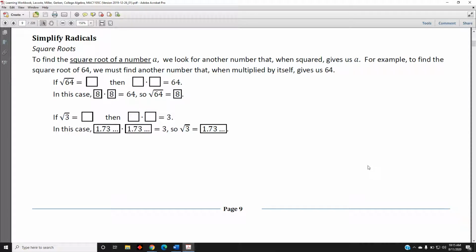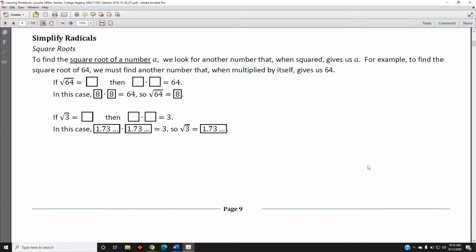The topic of this video is simplifying radicals. Square roots. To find the square root of a number a, we look for another number that, when squared, gives us a. For example, to find the square root of 64, we must find another number that, when multiplied by itself,